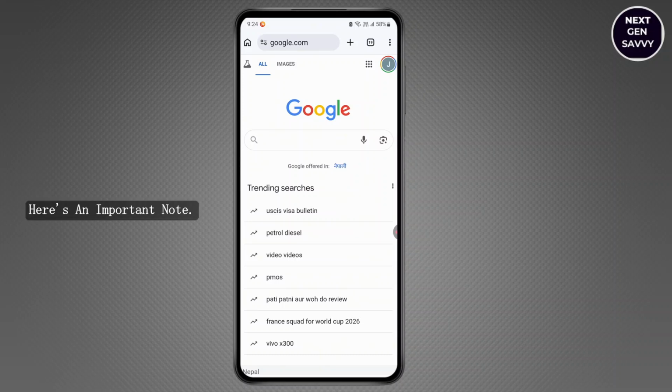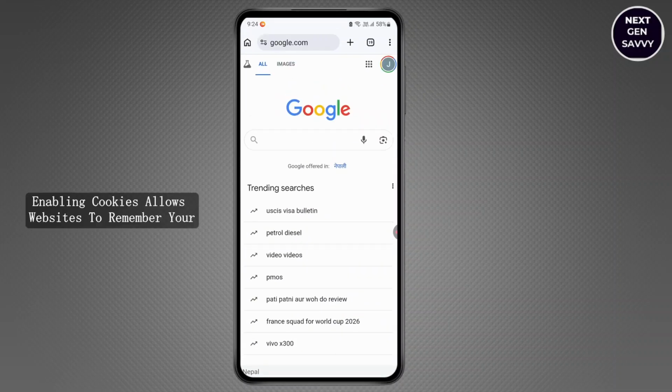Here's an important note. Enabling cookies allows websites to remember your login details and preferences. If you're concerned about privacy, you can always go back and enable only essential cookies instead of allowing all of